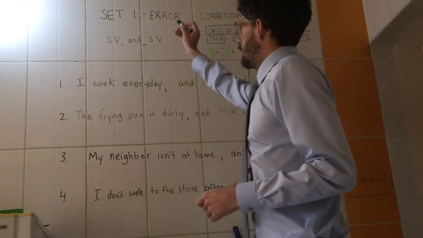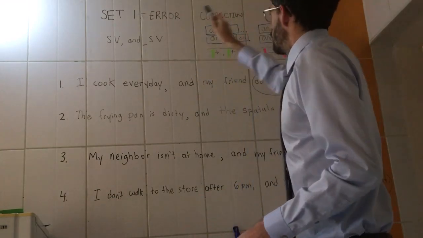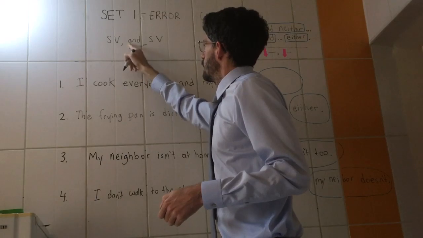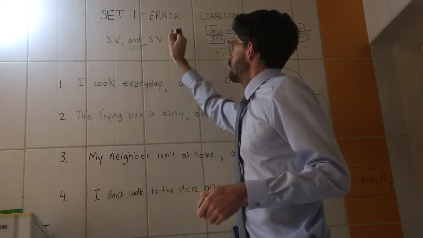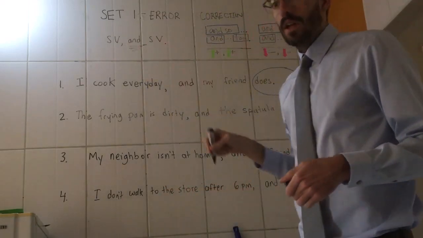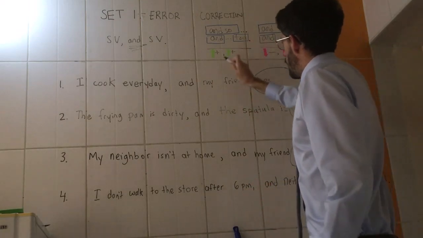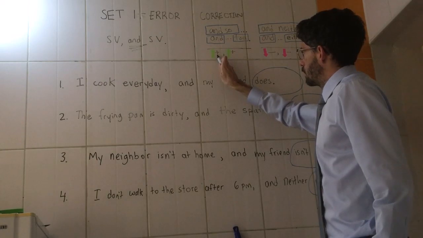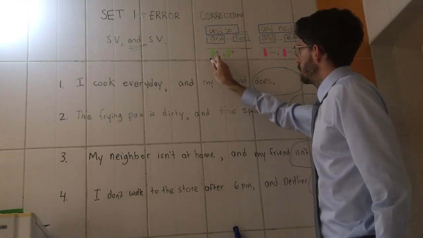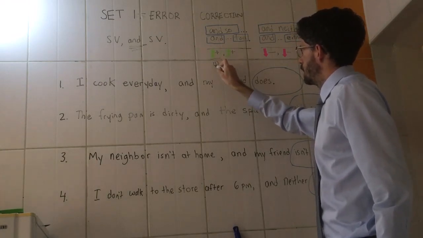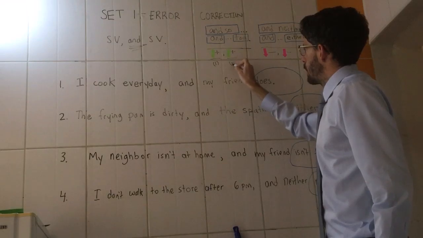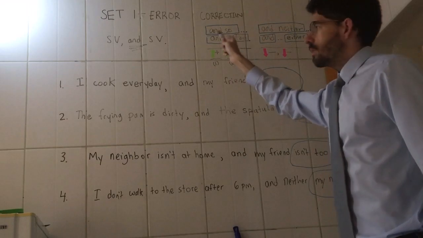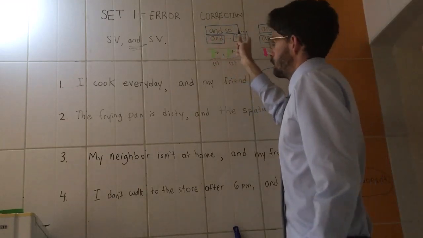So this is set 1, error correction, and this is using "and" between two clauses in a compound sentence. As a review, when you have two things that are positive, if clause 1 is positive and clause 2 is positive, we can use "and so" or we can use "and too". Okay,